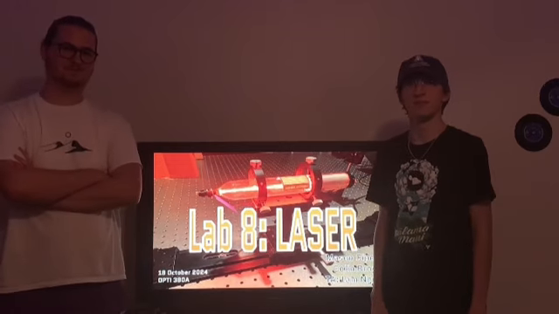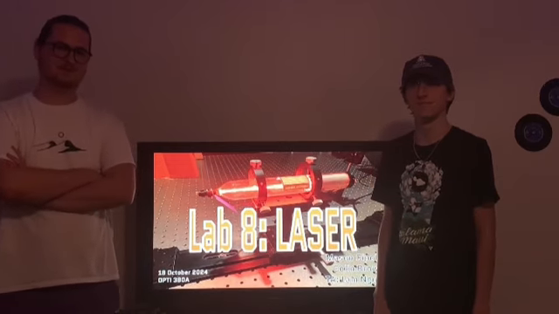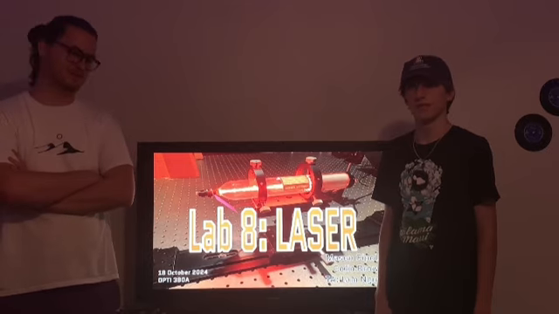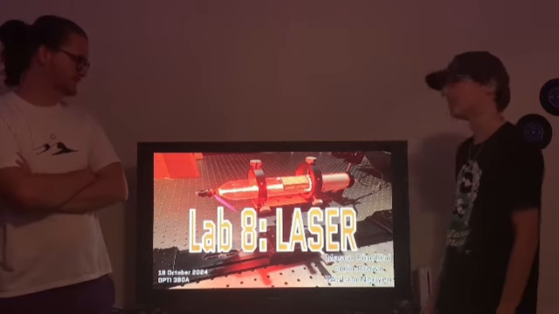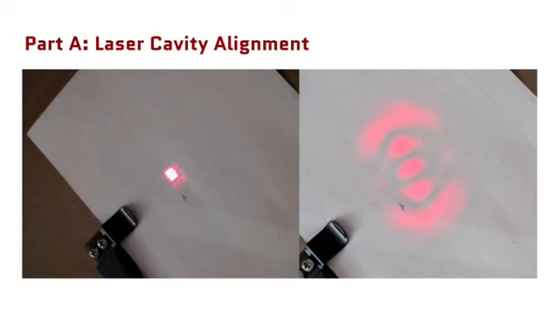I'm Colin Brown. I'm Mason Cipollini. This is Lab 8 for OPTI 380 Laser, under TA Lab New. In Part A of this lab, we made observations of the modes of light when aligning